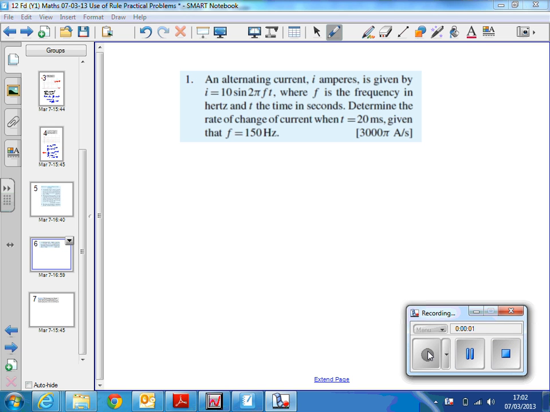Exercise 160, this is question 168. Question number 1. If we look at this function, the first thing we might be tempted to do is to